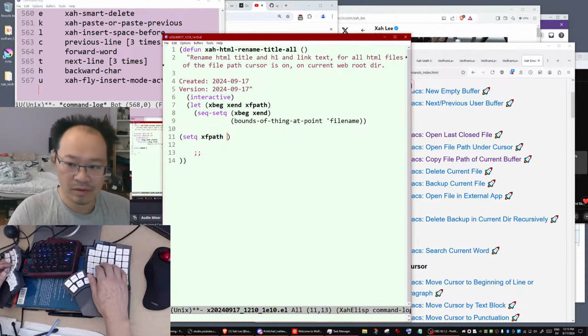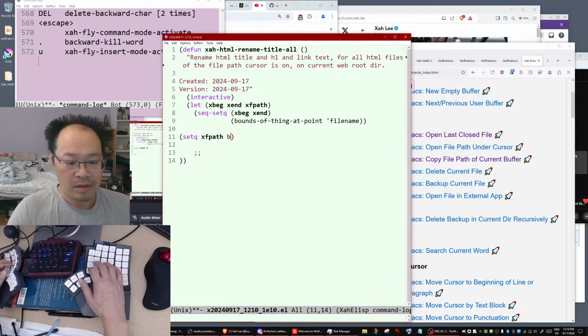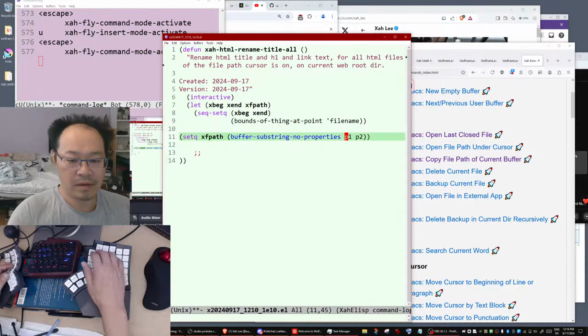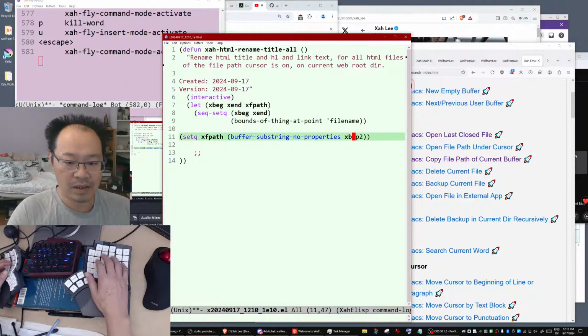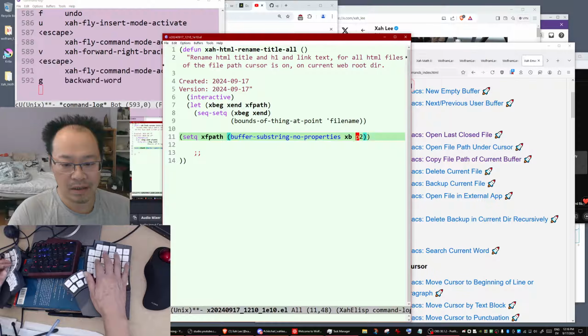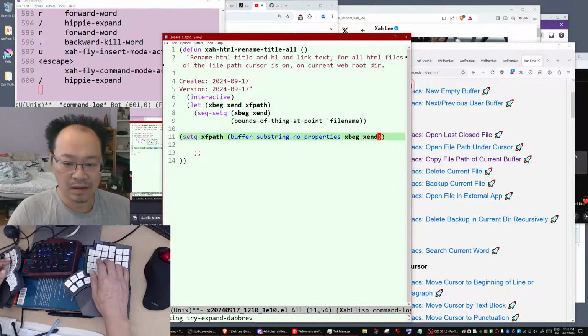So what you call is get buffer substring, no properties, with x begin and x end.